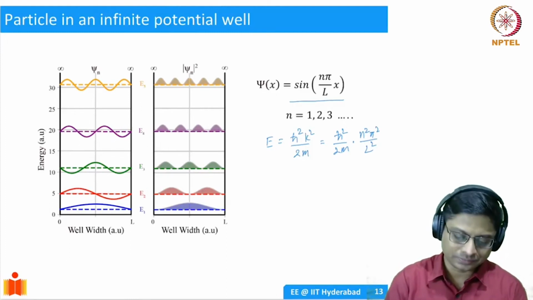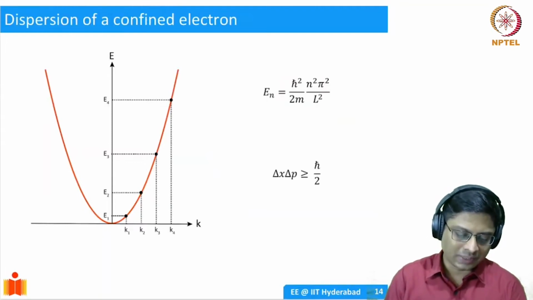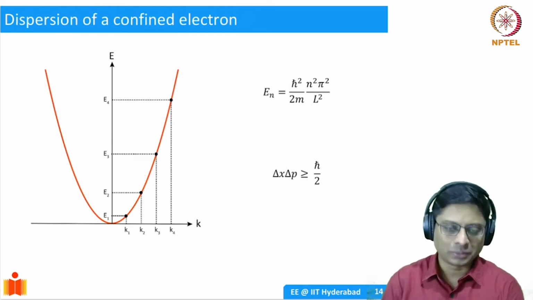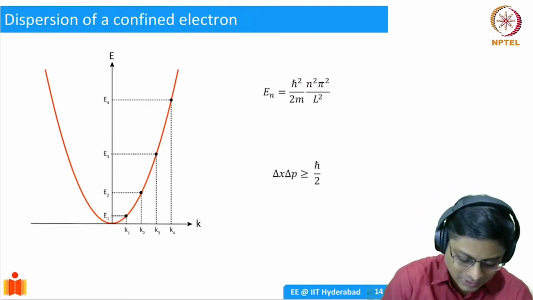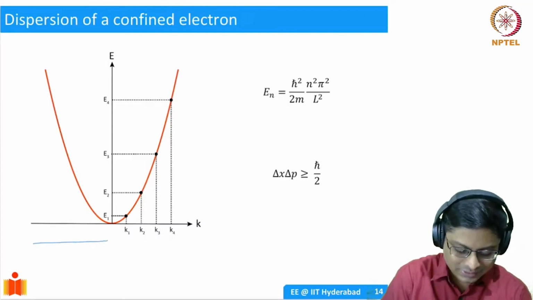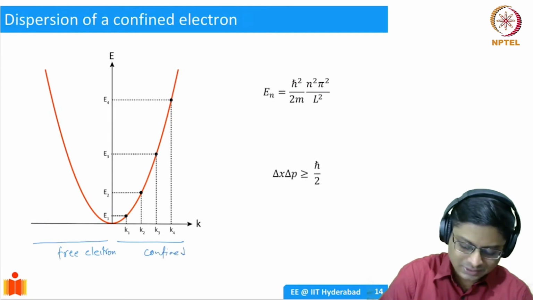It's not a continuous value. Okay, that is what is shown here. So I've tried to combine the dispersion of a confined electron and a free electron. Please don't get confused. This part is basically the negative axis, where I'm just showing the free electron. And on the positive axis, I'm showing the confined electron, just to make the